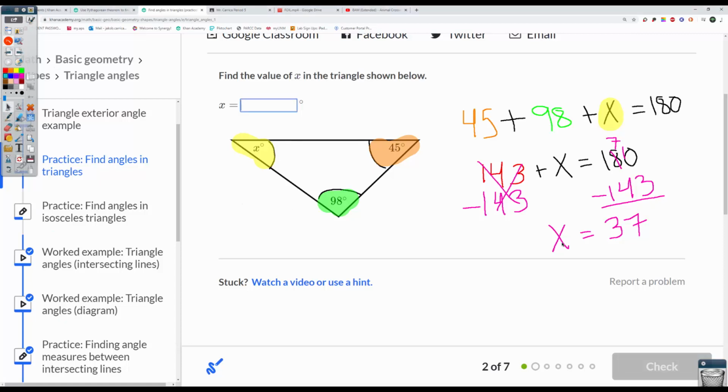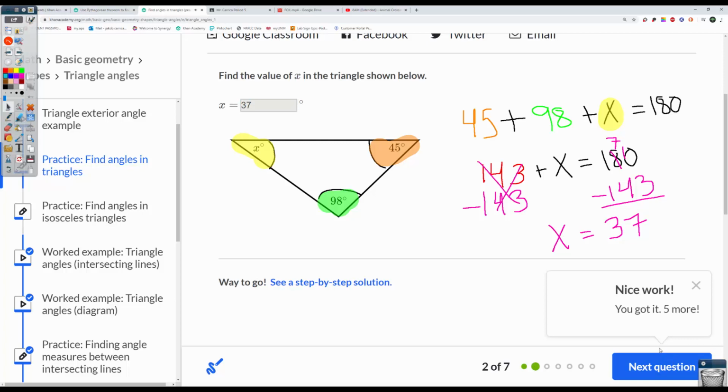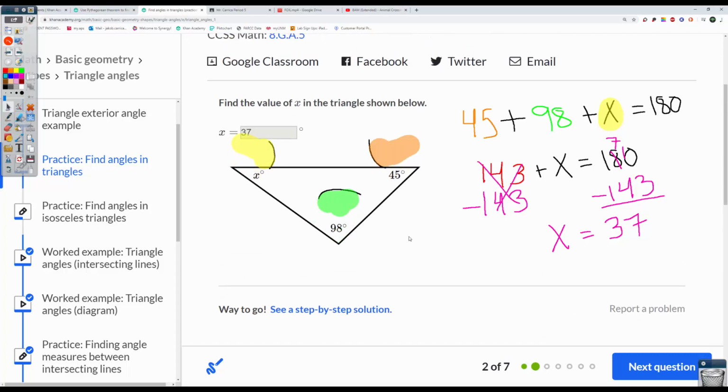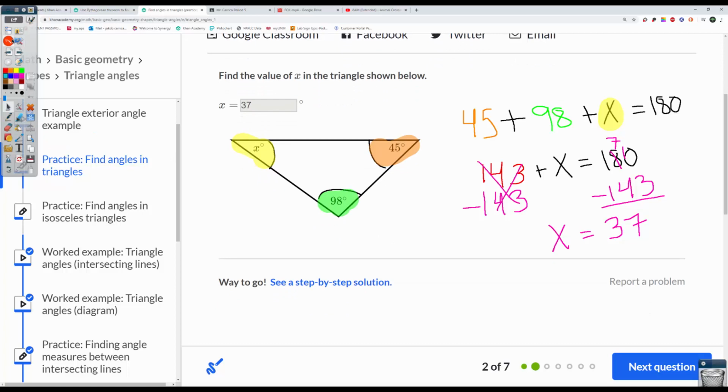Okay, we'll go ahead and type this in here. See if it's correct. It is. Hooray. Okay. And there we go. We've done it. Oh, I just shifted everything off screen.